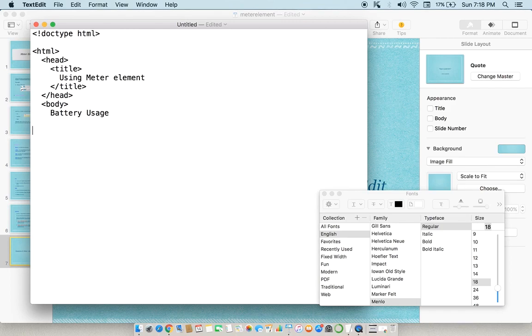So meter, followed by the only mandatory attribute, value, which you can specify here. If no maximum and minimum values are given,